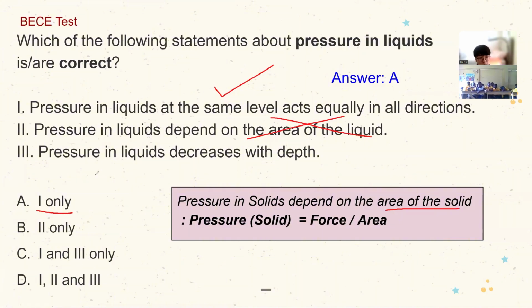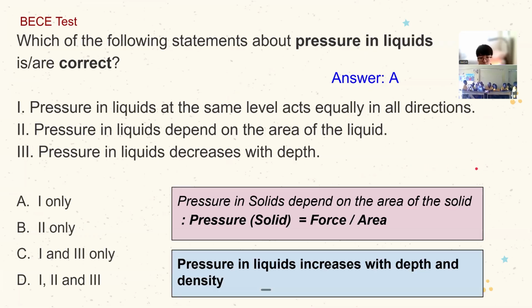And finally, pressure in liquids decreases with depth. That is not correct. It's not decreasing with depth. The pressure in liquids increases with depth. So that is why number 3 is not correct. And the only answer is 1. So that's why the answer is A, 1 only. I hope this makes sense. And let's try